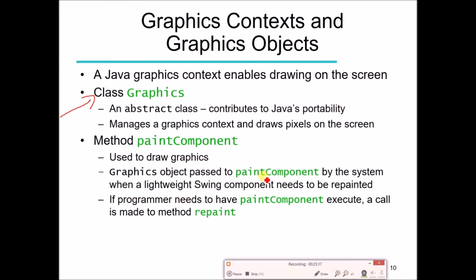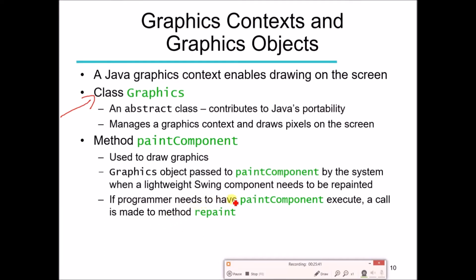Same signature means the return type, the name of the method, and the input parameters and their types remain the same, but the body of the method can be changed. So the definition of the method is not going to be changed. This method will have an object of the type Graphics, and this object is going to be used to call some built-in methods in Java.